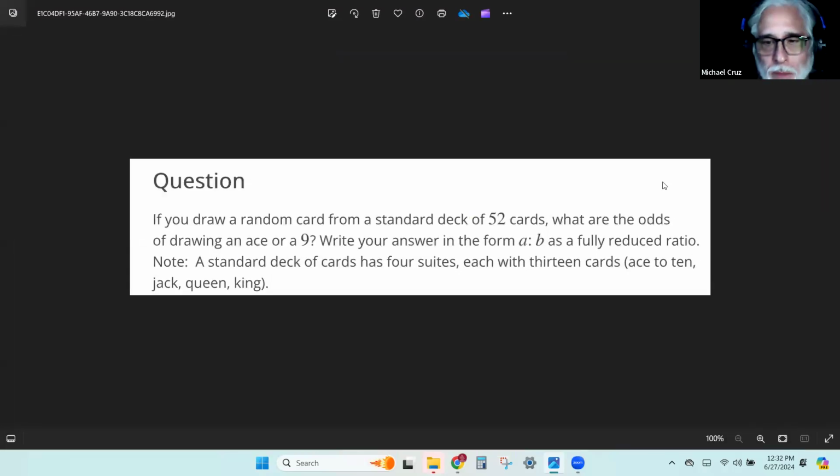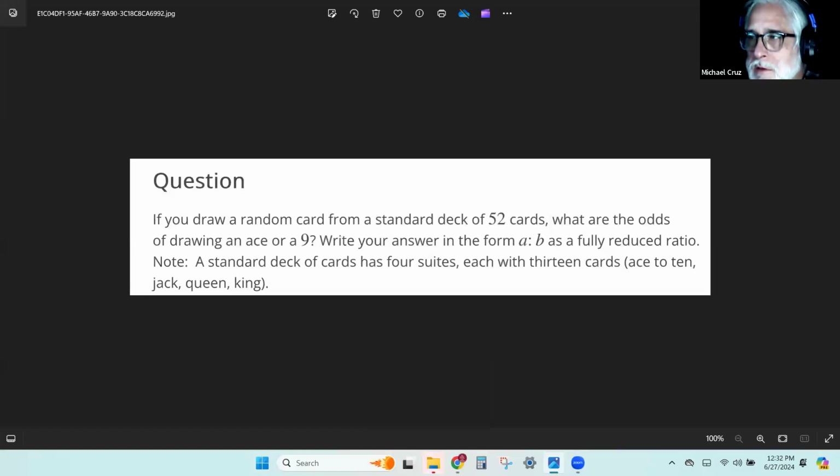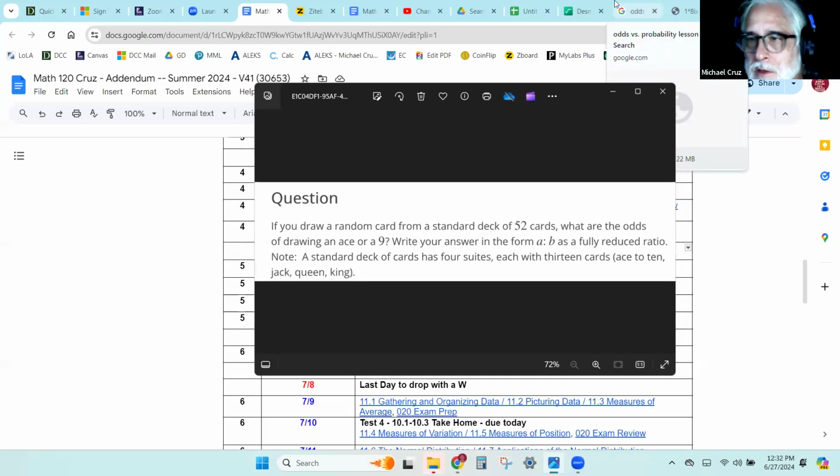All right, so let's read this. If we draw a random card from a standard deck of 52 cards, what are the odds of drawing an ace or a nine? All right, so it helps. I've got it in my notes that